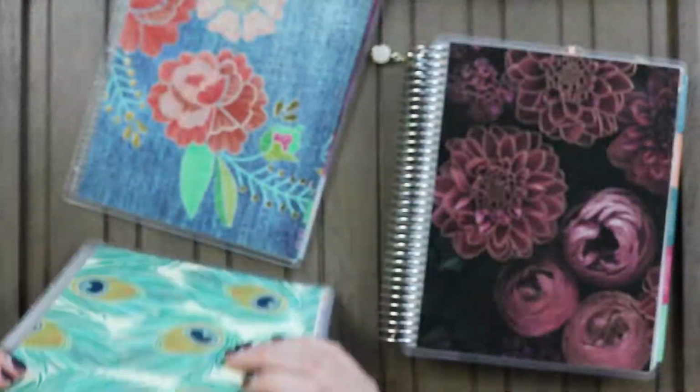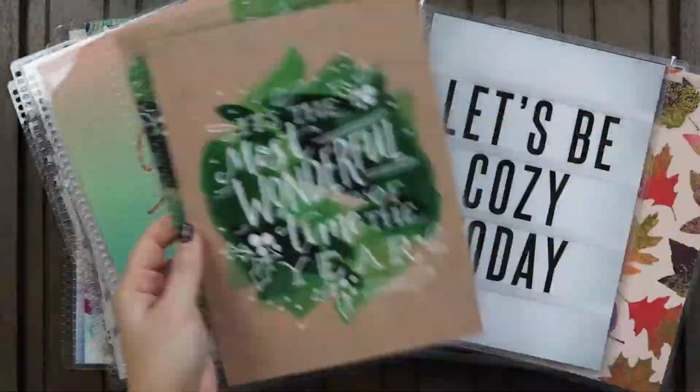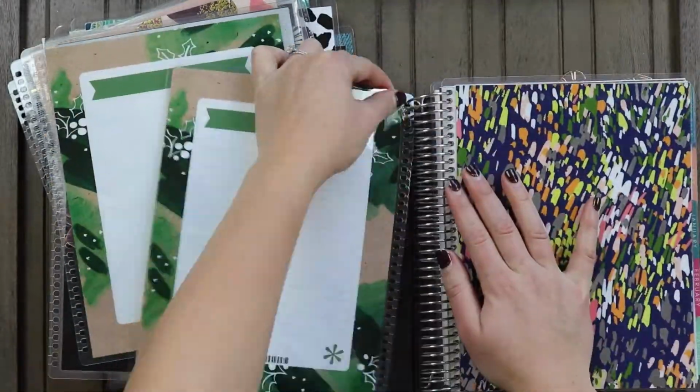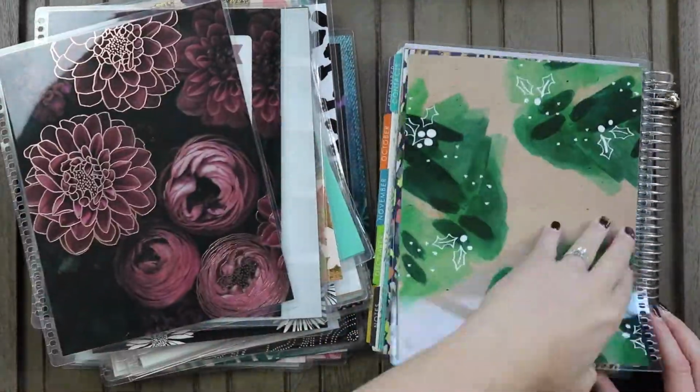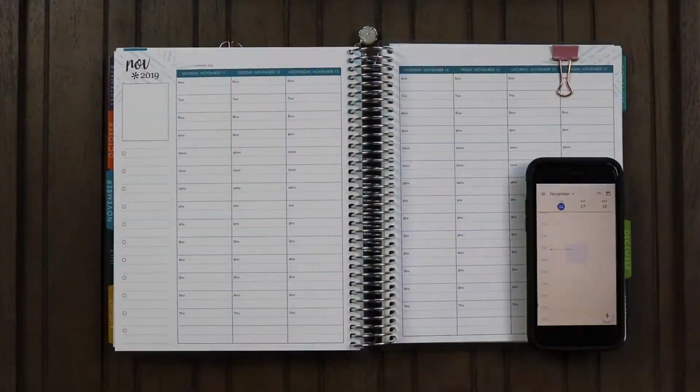For today's video, we're going to be doing a plan with me for the week of November 11th. And to start us off, I thought I would go ahead and change out the cover of my planner. I went with this one that says it's the most wonderful time of the year. I thought it was a little bit Christmassy, but not too Christmassy, so it was perfect for this time of